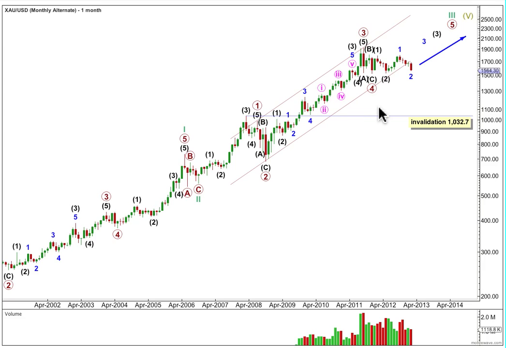However, if price continues to fall for a little while yet, as I expect it will, probably for another couple of months or so, then this alternate will look extremely unlikely, and I'll go with the main wave count. I'll only consider this alternate if we have a new all-time high for gold. At that stage, I'd expect to see an extending fifth wave at primary degree, because gold does seem to have a tendency to extend its fifth waves.